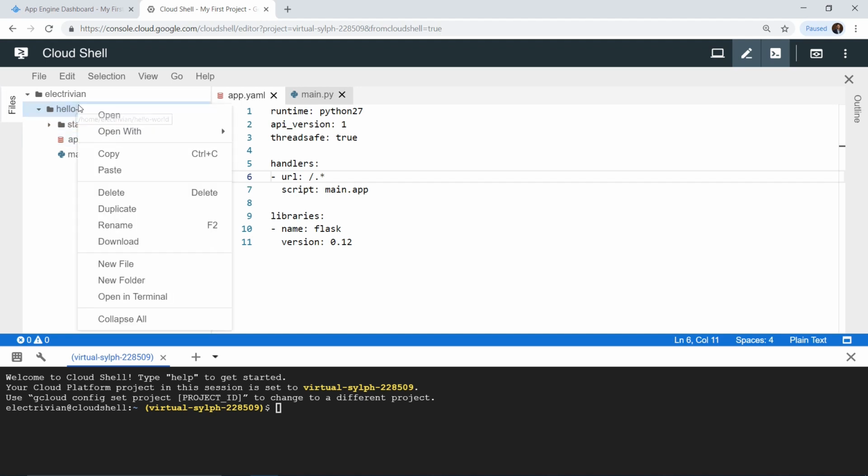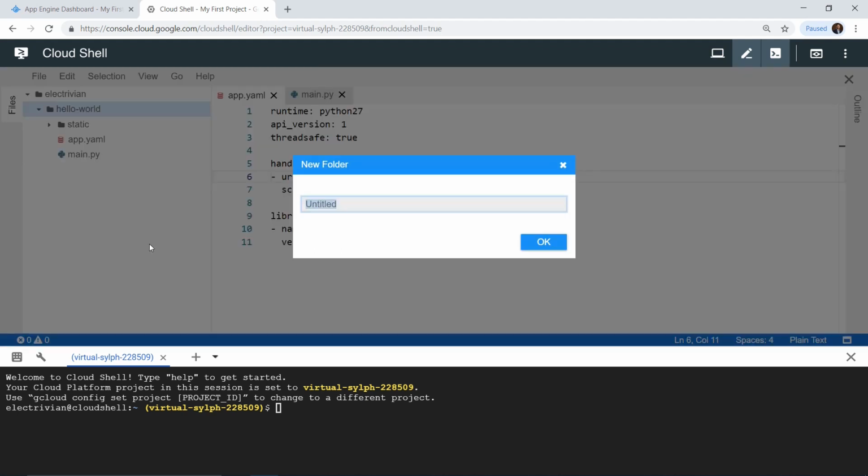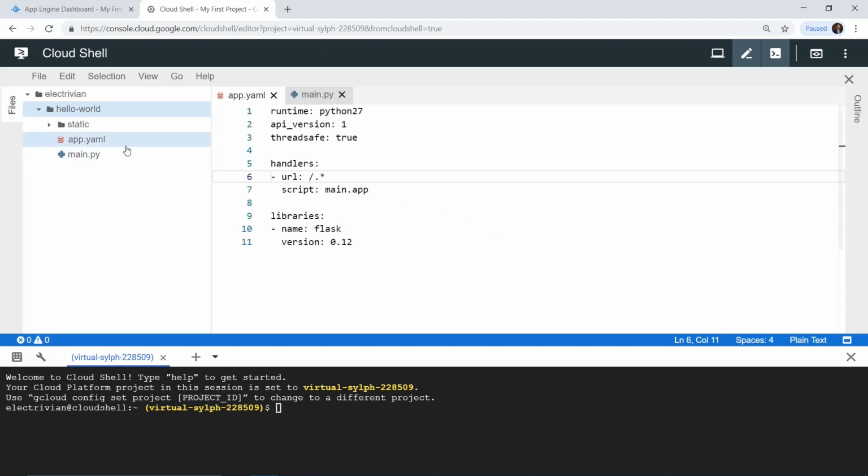Okay, so now let's create another folder. At this time we name the folder templates. Okay, so we have templates, and this folder will be containing all of our dynamic files. So all of our HTML files which we will be using in order to create our app and display user data will be stored inside the templates folder.